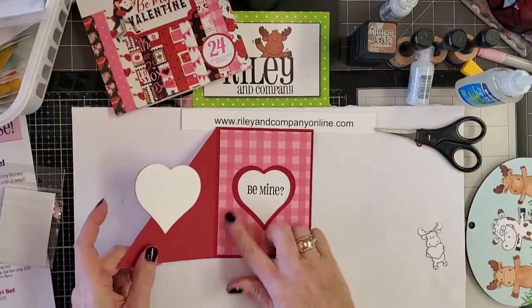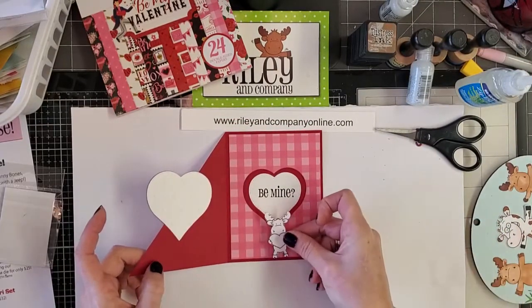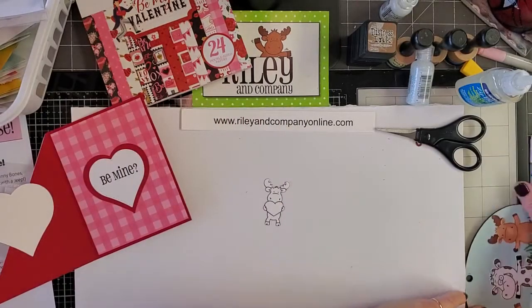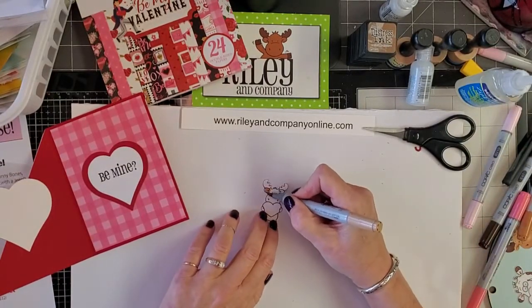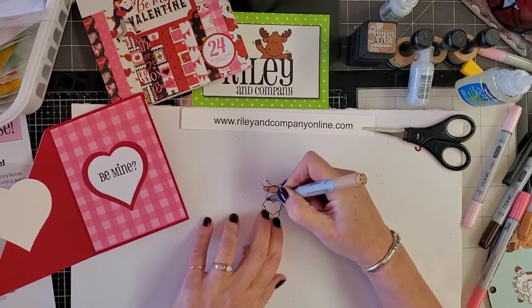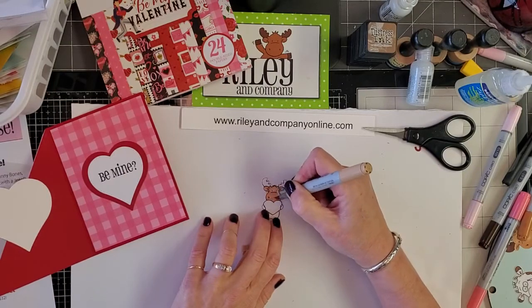So now we've got the inside of that, and all we have left to do is put little Riley on here. We're just going to color him up real quick. Okay, and stick him in there. So I'm just going to take an E33. We're going to color this really quick. I don't want to run out of time before I show you your goodie that you will get with a